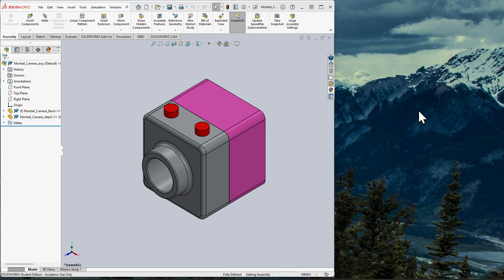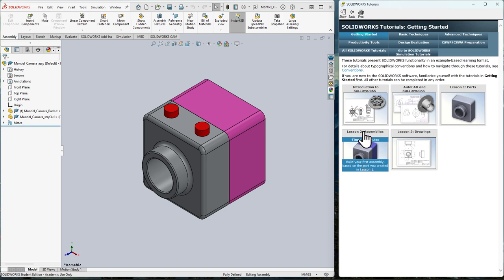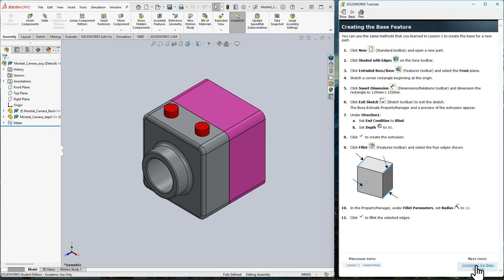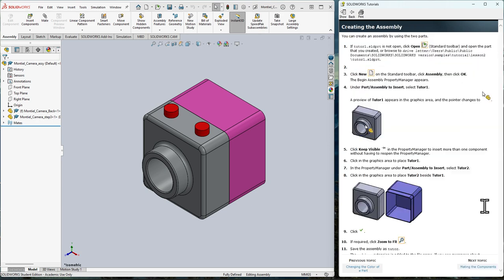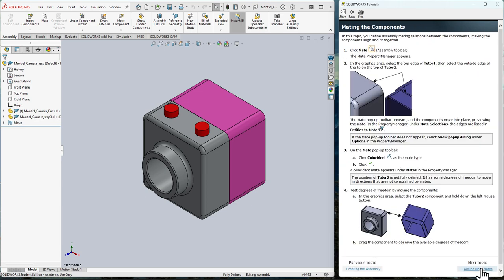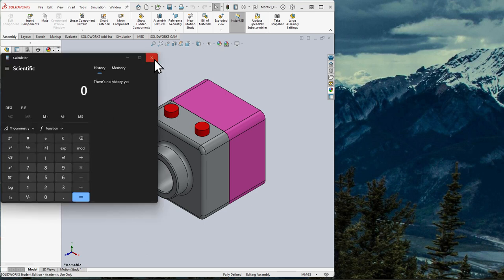Foley. This is a video continuing off of the SolidWorks tutorial that can be found in the tutorials for Lesson 2 Assemblies. The video for this one is already uploaded as well, so if you haven't completed that one, this one is necessary for this assignment. This is just the rest of the assemblies assignment as required by Dr. Foley for his class at